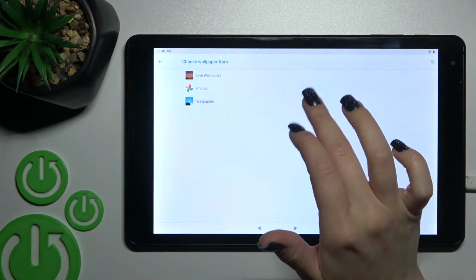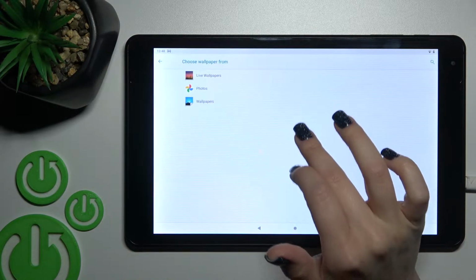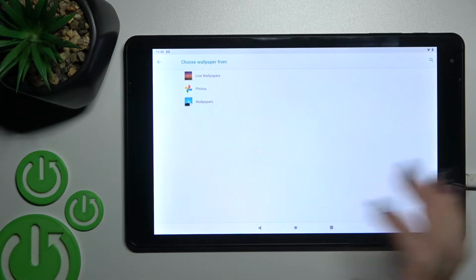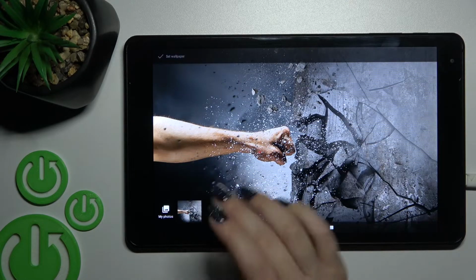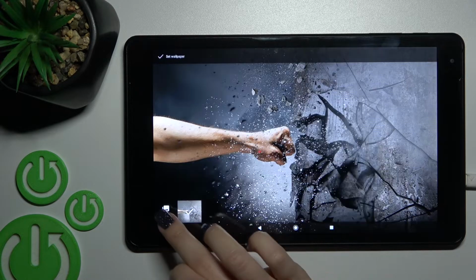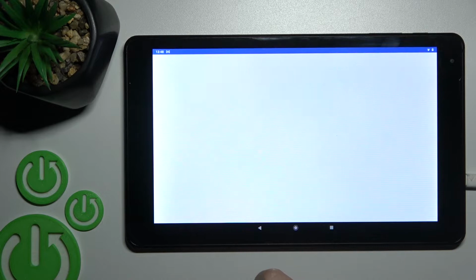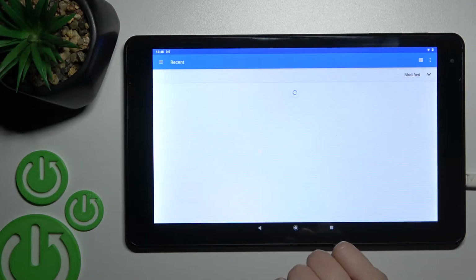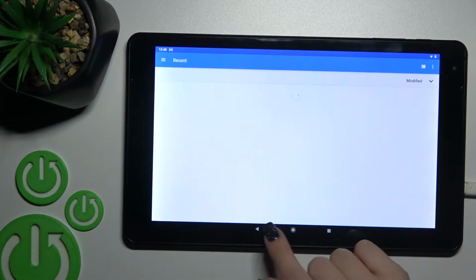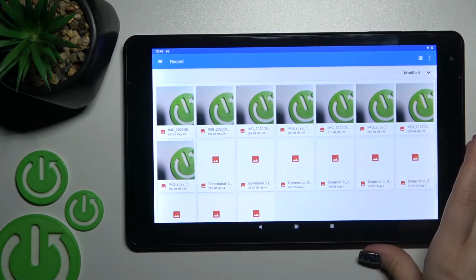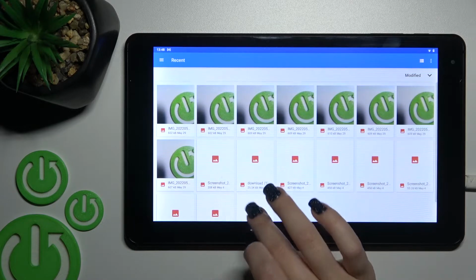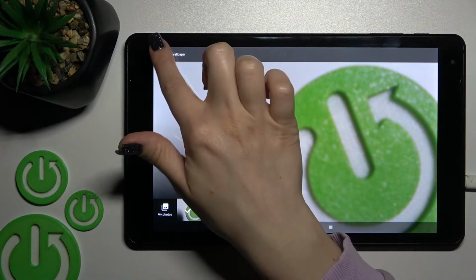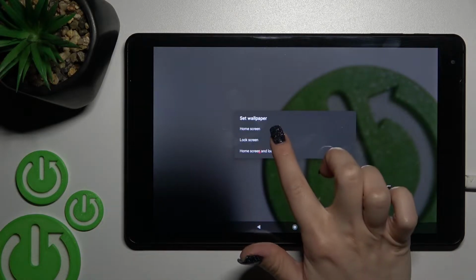Now we can select our new device wallpaper from our device photos or previously taken on our device, or for example downloaded from the internet, or also we can use the regular default wallpapers. In our case we have only the one here, so let's just use the recent of our device photos, for example this one. And now just select this wallpaper, click here on the left upper corner to set wallpaper